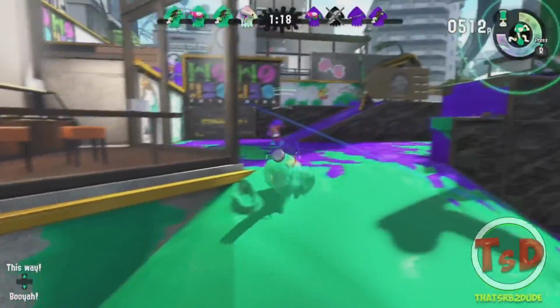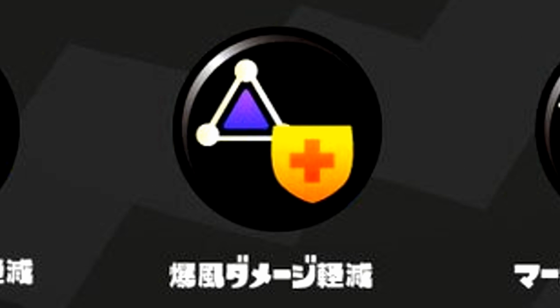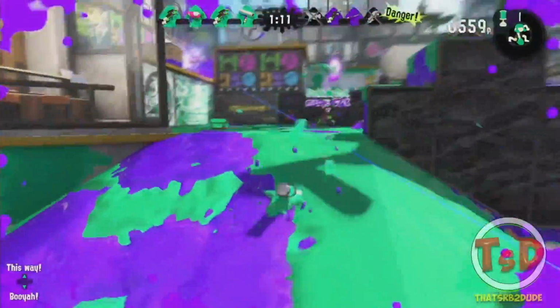Now going back to the page where it shows 14 gear abilities, I wanted to point out one of them that really stuck out to me, and that is the Bomb Defense Up. Now it's kind of easy to identify what this may mean. Somebody throws a bomb and you're more resistant to it. That's pretty much all. But this kind of raises the question, if this gear ability is a thing, is defense up or damage up